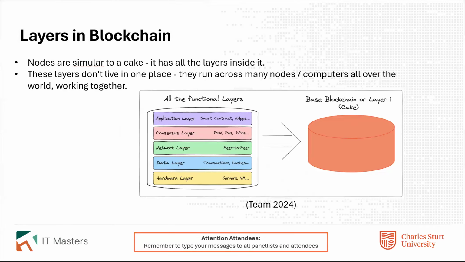So sometimes blockchain, and I'm just going to talk about layer 1 here, is called a cake, and it's made up of different layers. So it's a very delicious cake. And we've got here that there's an application layer, and I'm going to go into all of this. There's a consensus layer, which we've talked about. There's a network layer, there's a data layer, and there's a hardware layer. And this is what's considered parts of the cake. So all these elements here, I'm moving my mouse, hopefully you can see it, make up layer 1 of the cake.